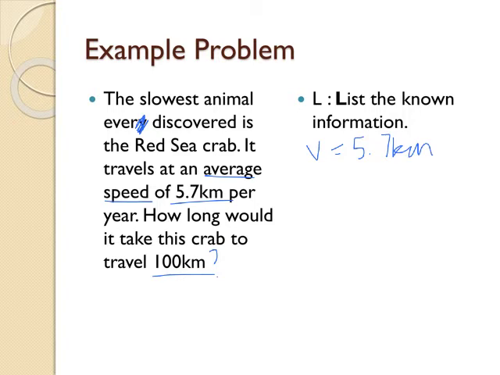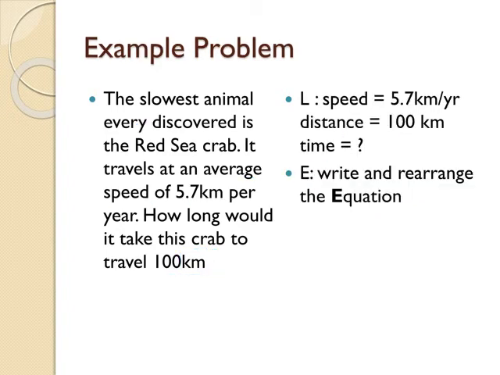All right, so if it doesn't explicitly tell you, you kind of got to look at your units. Kilometers are measured distance. Okay, so we know S is equal to 100 kilometers. And you can also tell just based on the question, how long would it take? That's asking you about time. Okay, knowns listed out are 5.7 kilometers per year is our speed, distance is 100 kilometers, and time is our